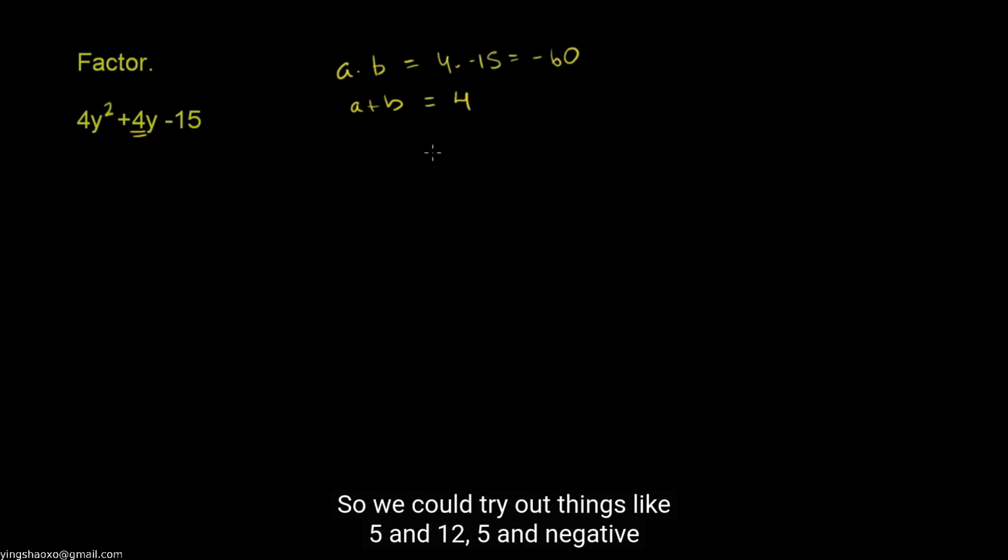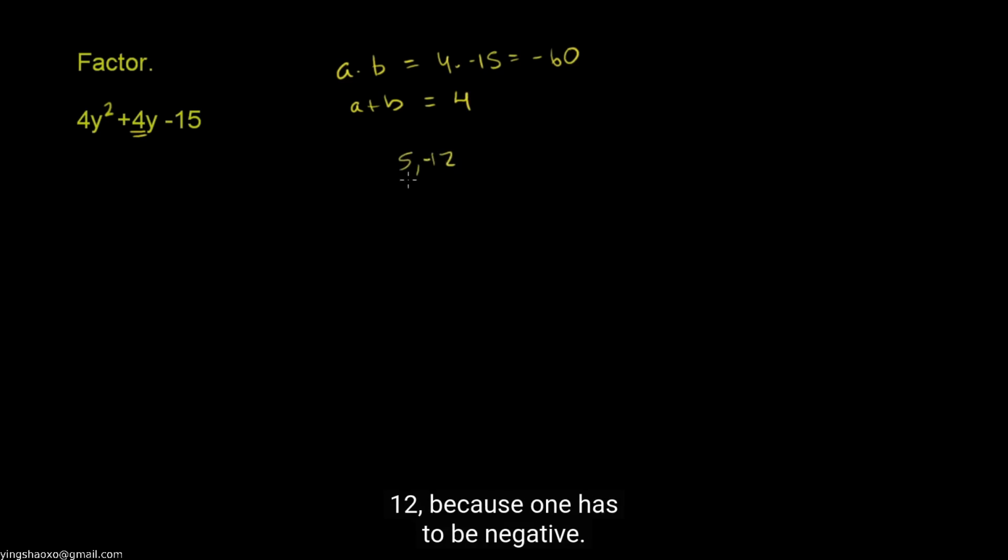So we could try out things like 5 and 12. 5 and negative 12, because one has to be negative. If you add these two, you get negative 7. If you did negative 5 and 12, you'd get positive 7. They're just still too far apart. What if we tried